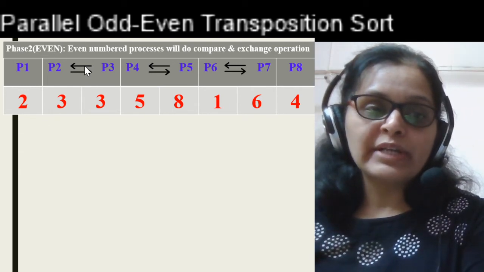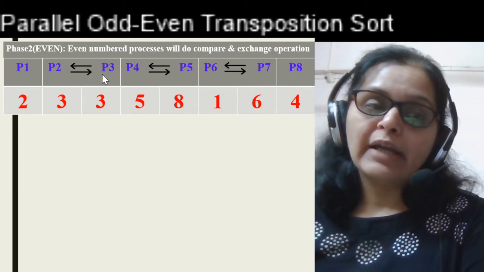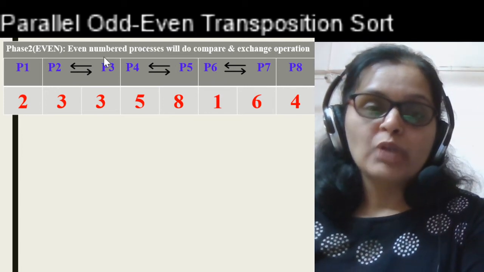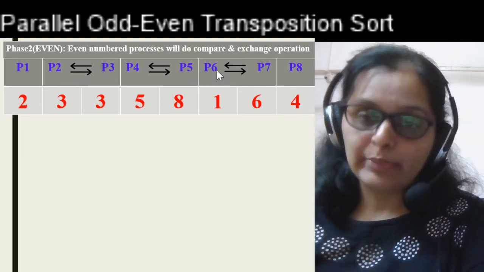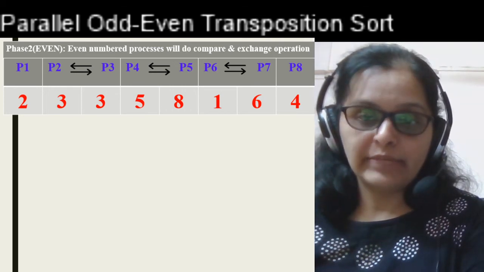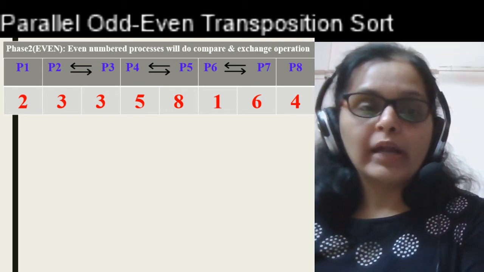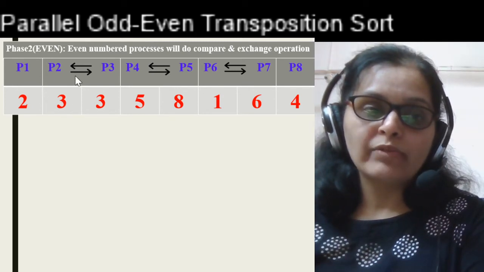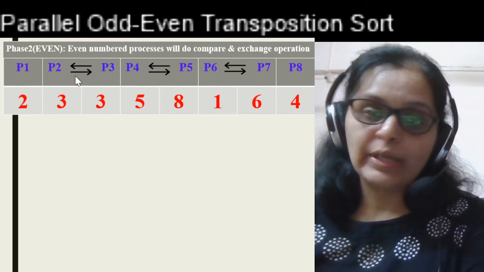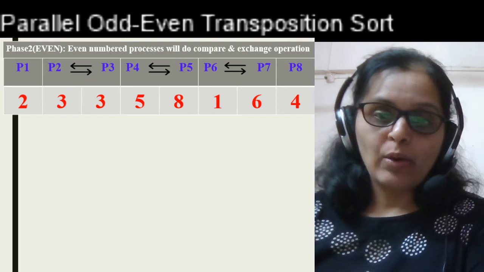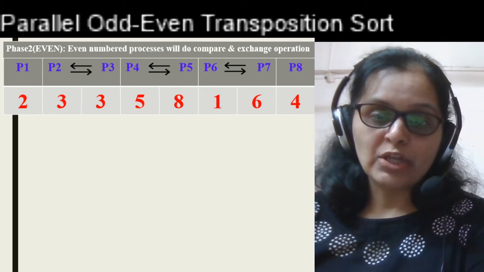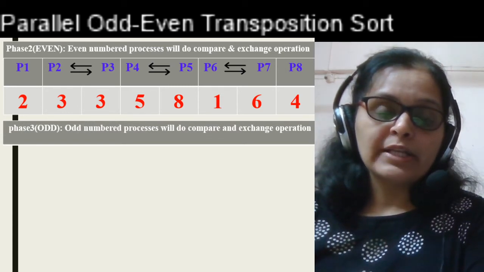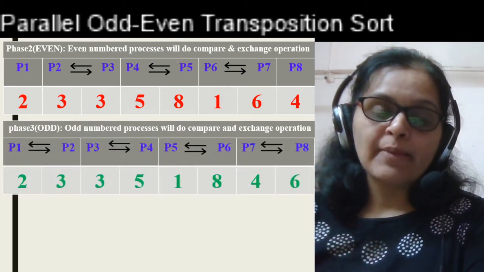So after 8 phases including both even and odd, you are getting the results. Again you concentrate on this even phase, and again focus on these compare and exchange operations. So here 3 compare and exchange operations are taking place, and all again in parallel. So the time complexity of this even phase also is O(1). I hope now you understood. So let us go ahead. It will repeat. It will be followed by odd phase.